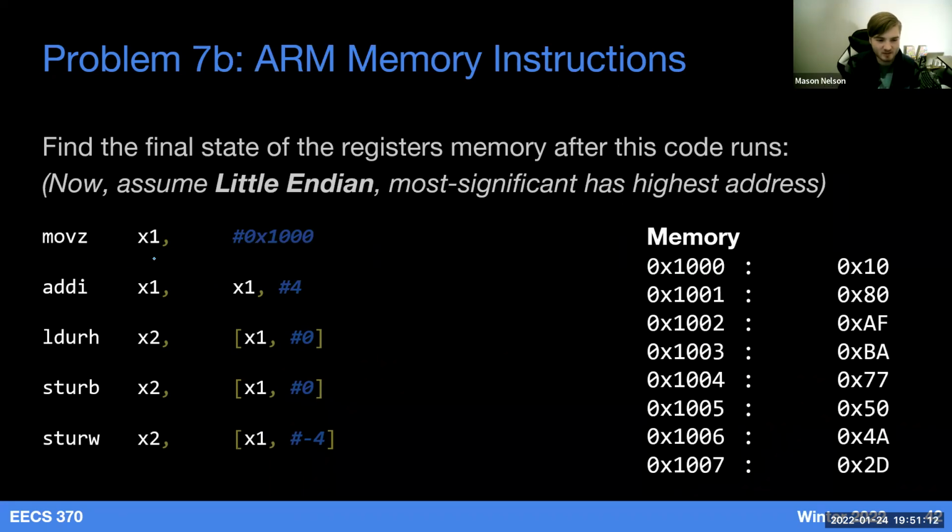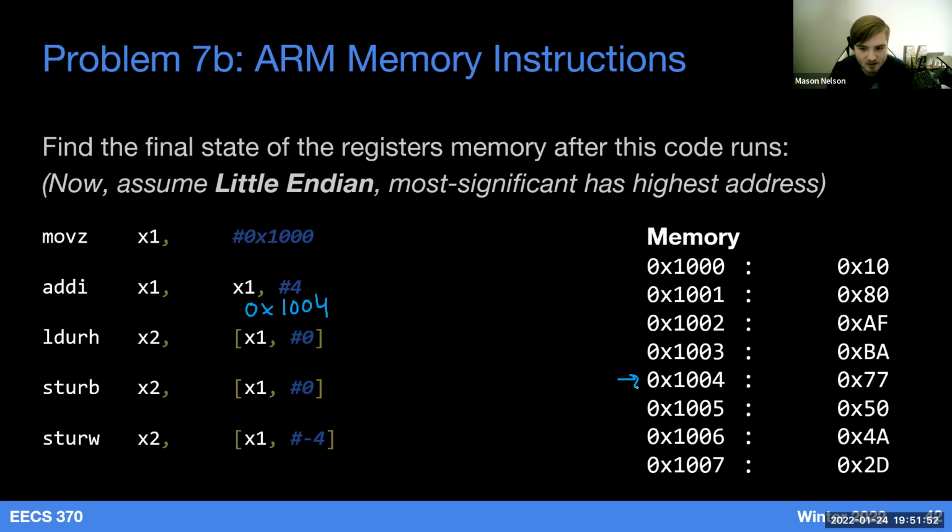So first step, we're going to set x1 to 1000 in hex. I don't remember what the exact number that translates to, but we have a memory address, it's 1000. We're going to be using that for offsetting. And then now we're going to update it to be 0x1004. All right. So once again, we're doing a LDRH, exact same instruction. It's going to be stored in x2 from whatever location is currently in x1, which is 1004. So we have 1004 that Sunny pointed to earlier, but now we're doing this in